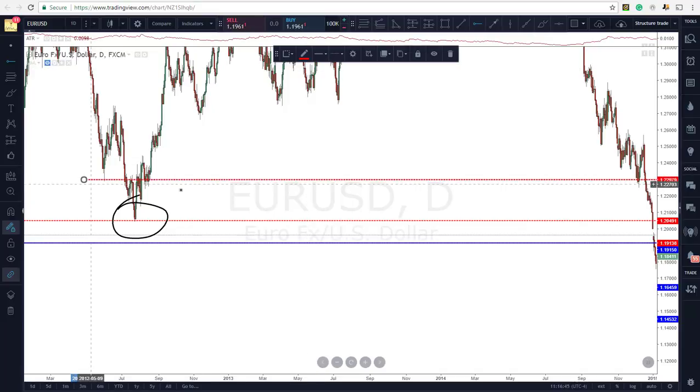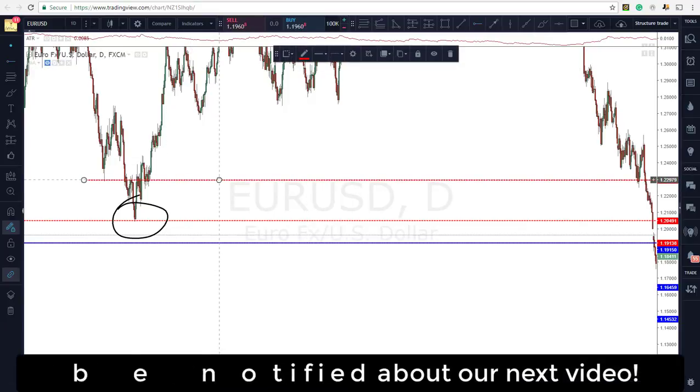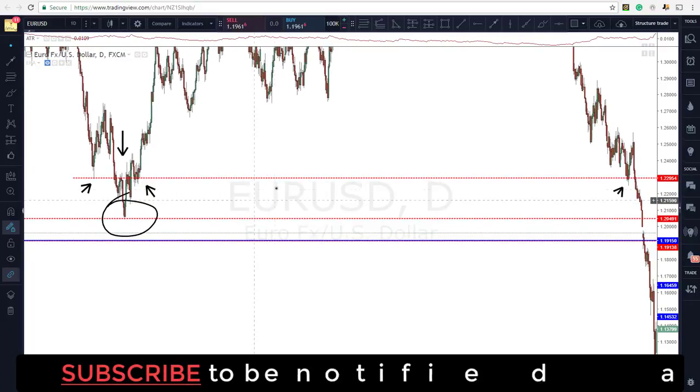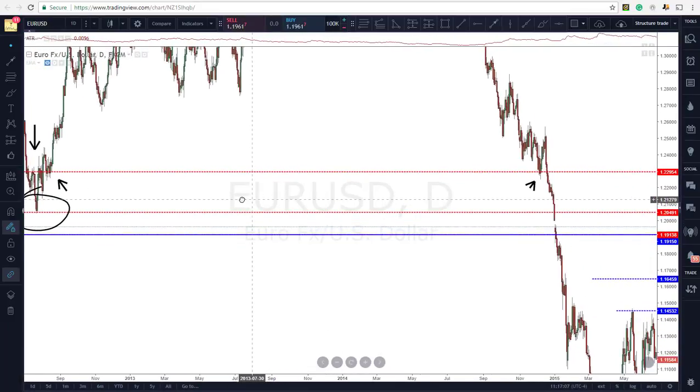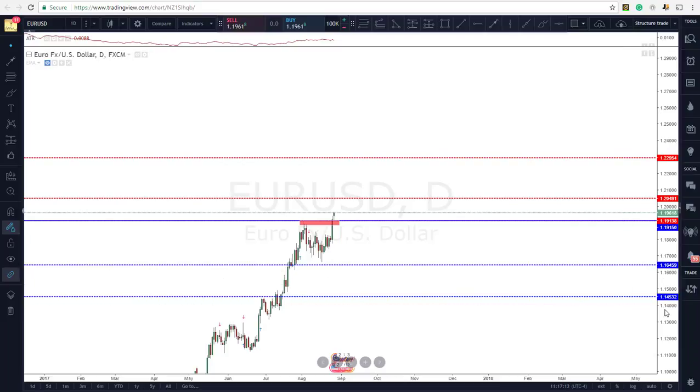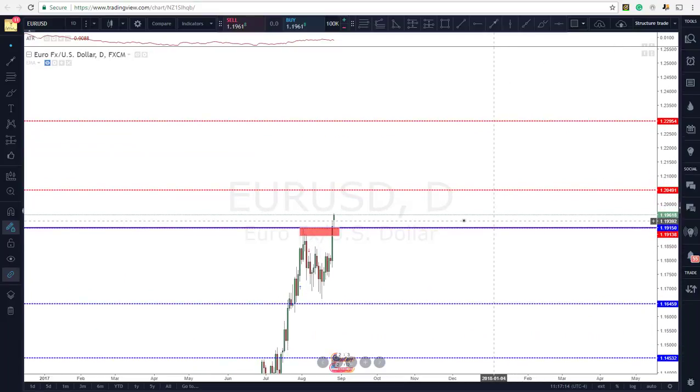So if we take a look right in here, guys, you can see that that level has acted as support 3 different times, here, here, and here, and acted as resistance as well. So that's our next major level of structure resistance that I'll be looking for trading opportunities from here on the euro dollar. So if this market continues up and is able to break through the 1.2049 level, the next stopping